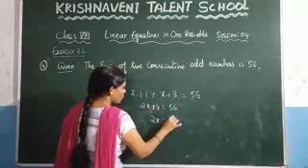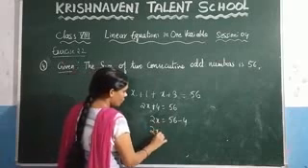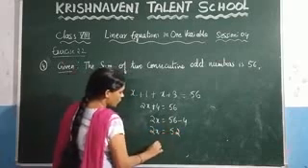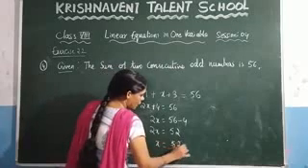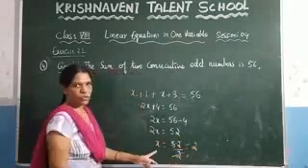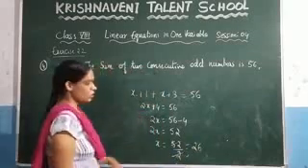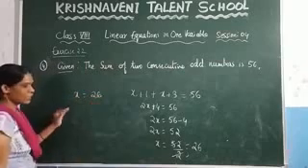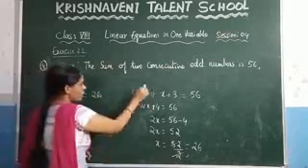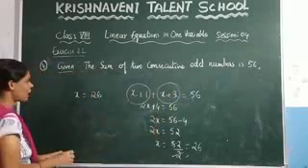If you take plus 4 to the right hand side, it will become minus 4, and you will get 2x is equal to 52. And what is the value of x? 52 by 2. If you calculate, 2 2s are 4, 1 will be remaining, 12, 2 6s are 12. So you got the number as 26. Here you need to calculate the values of x plus 1 and x plus 3.